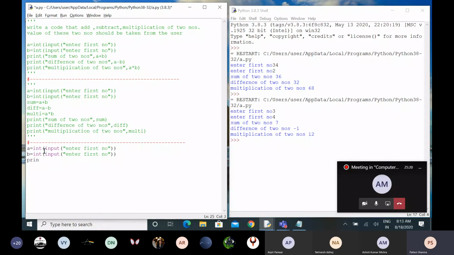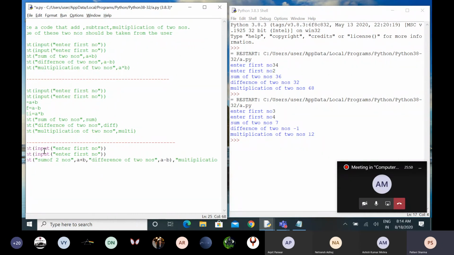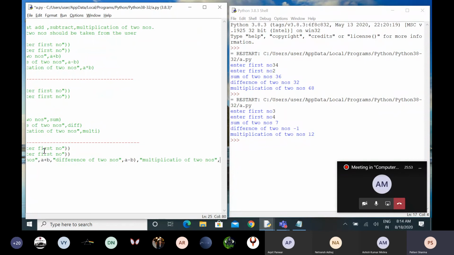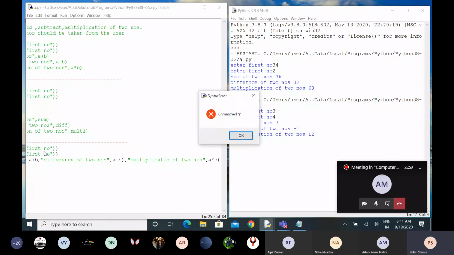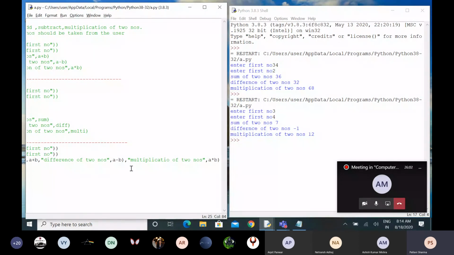Don't want to display anything, just display a sum of two numbers, comma, a plus b, comma, difference of two numbers, a minus b, comma, multiplication of two numbers, a multiplication b. Also you can do the things. Let's execute. Okay.